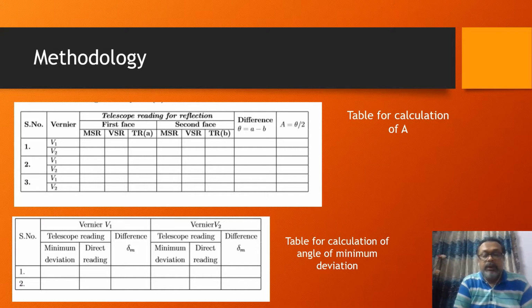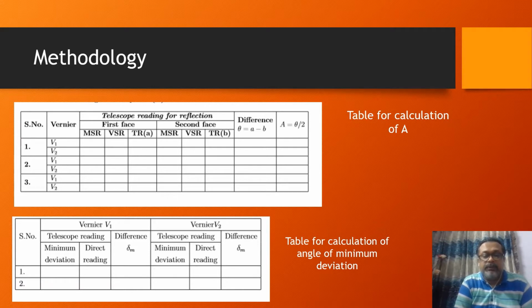Now as I told you, the prism has to be twisted by an angle of 90°, and we locate the image of the slit through the telescope here. Now once the slit is visible, the prism has to be slightly rotated, so the slit will also move along with the prism, but there will be a point from where the slit will move in the reverse direction. So that is the position of the minimum deviation. Now if you bring back the telescope to the straight position, the difference between the position of the minimum deviation and the direct position of the telescope will give you the value of delta m.